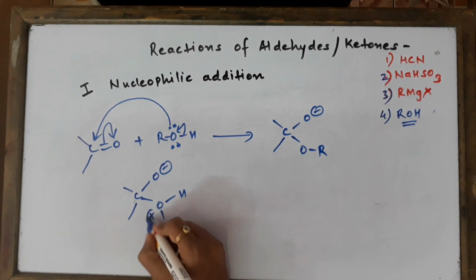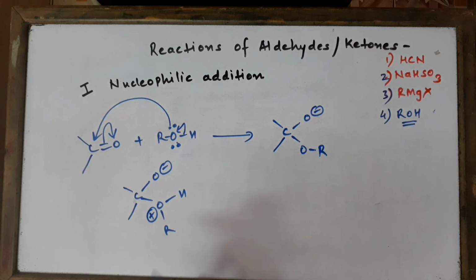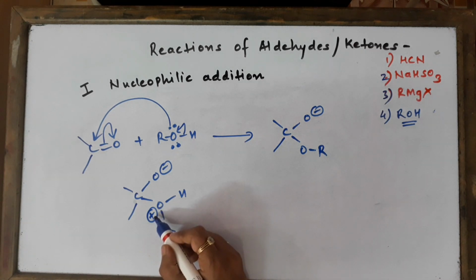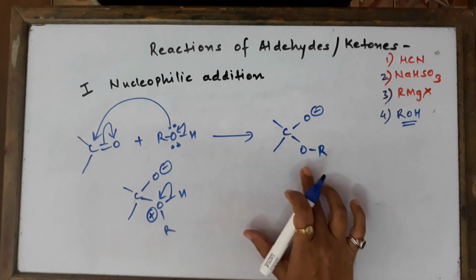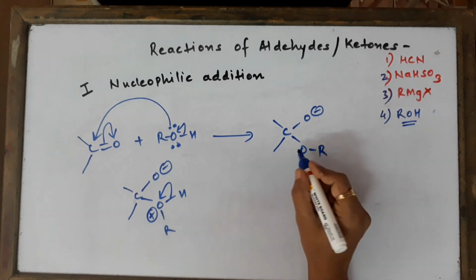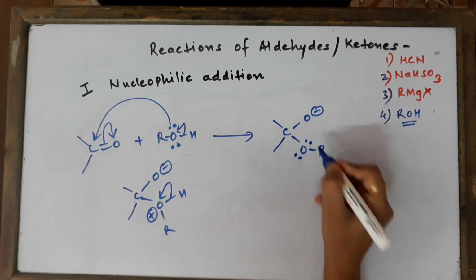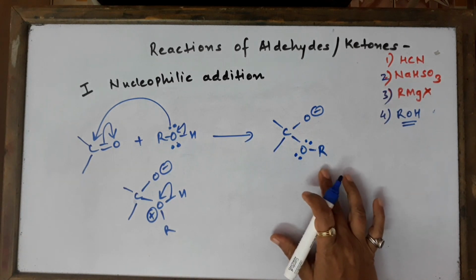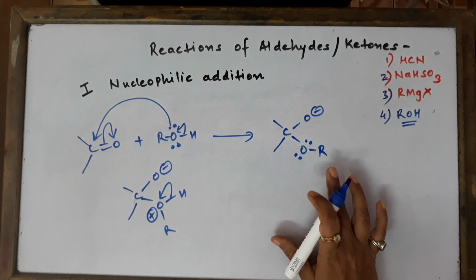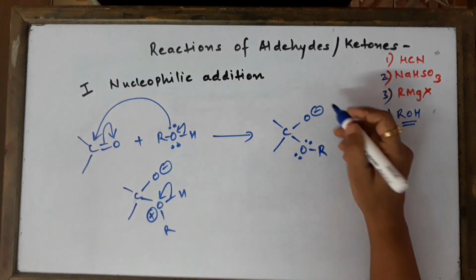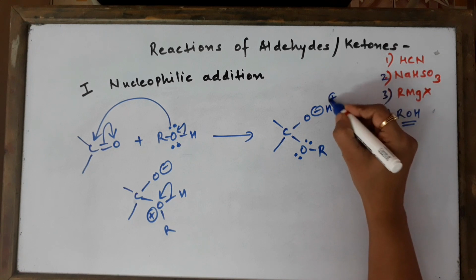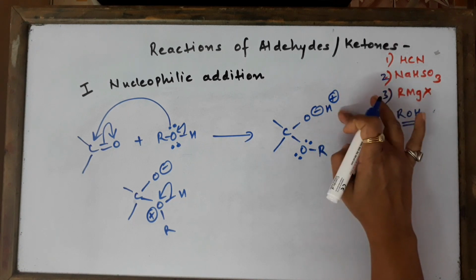So actually speaking, we are going to get a structure like this first. The oxygen bearing a positive charge is very unstable. So the hydrogen goes out without its electrons, and then finally we get this structure where oxygen gets back its lone pair of electrons, and we get this particular structure. And naturally, what are we going to get after this? The hydrogen which was lost from here will be going over here. So O minus goes and resides next to the O, this thing.